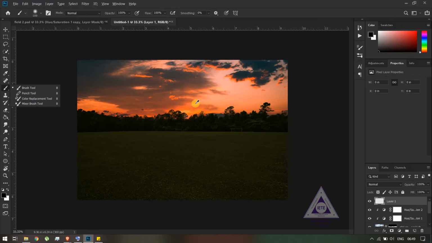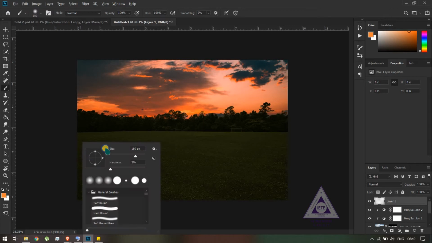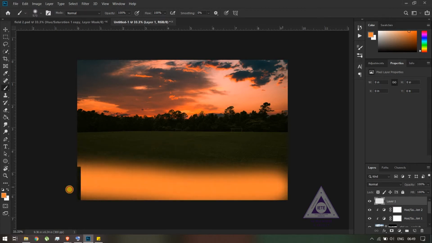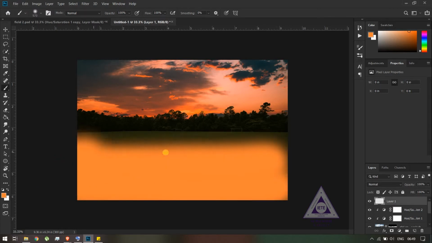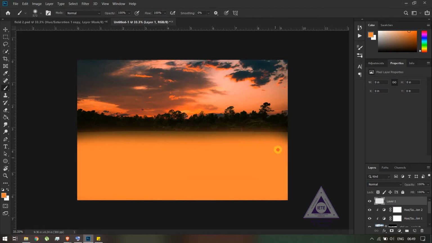What the eyedropper tool does is it will pick up any colors that you click on. So if I just click on this area, you can see the foreground color has now changed to that color. And now using the brush tool, I'll just be painting over this area. Now it may be very harsh right now, but we'll be using blending modes to change this later on. And I'll be using another color as well, some lighter color maybe here. And I'll be reducing the opacity and the flow to give it a more subtle effect.